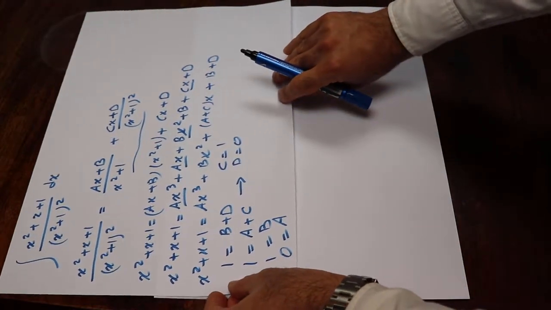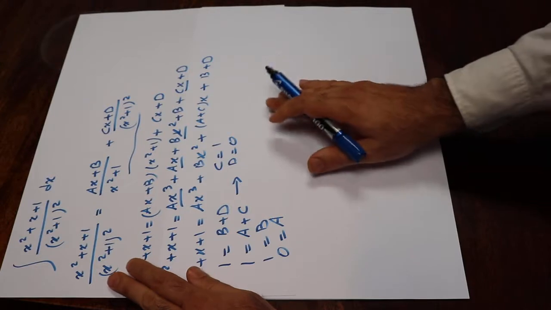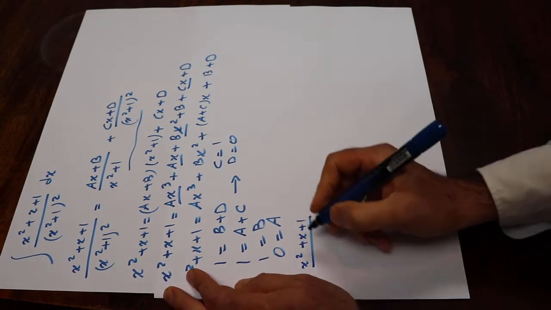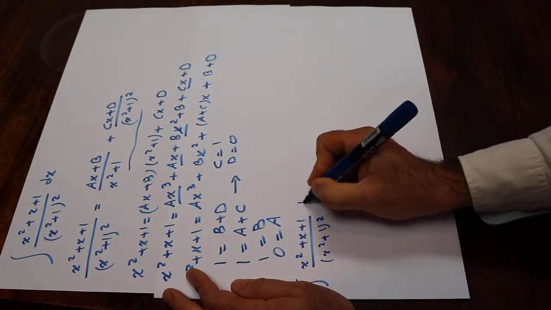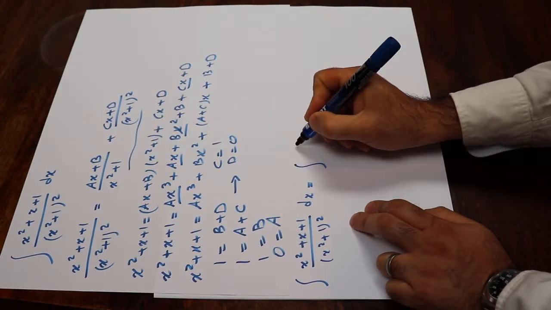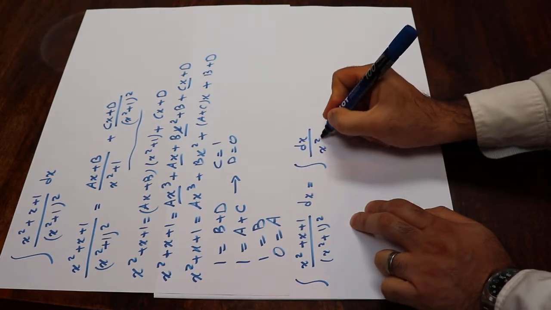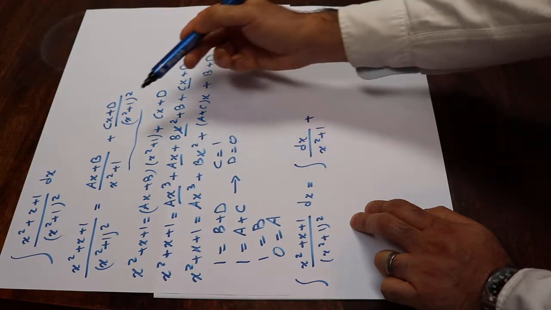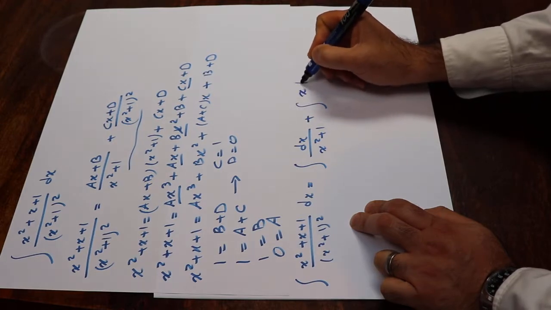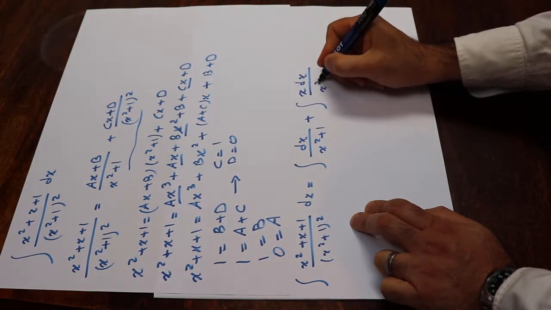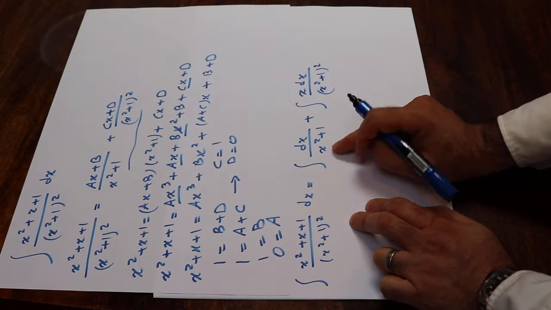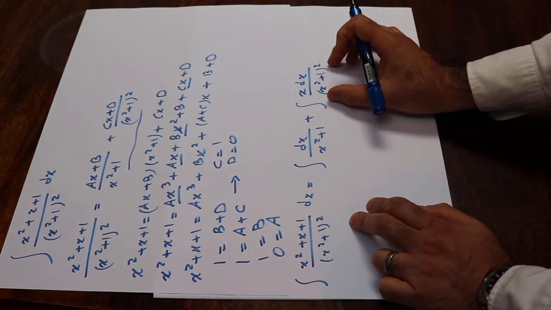So therefore you can write this integral, the integral of (x^2 + x + 1) divided by (x^2 + 1)^2 dx, will be equal to: a is equal to 0 here, b is equal to 1, therefore this will be the integral of dx divided by (x^2 + 1), plus, here c is equal to 1, d is equal to 0, therefore this one will be the integral of x dx divided by (x^2 + 1)^2. So this integral basically will be tan^-1 x, but to calculate this integral, you need to